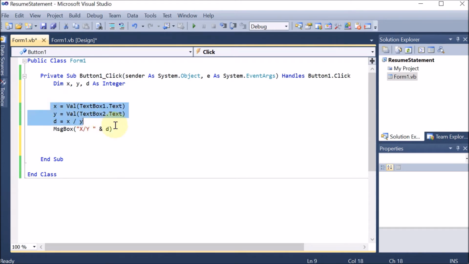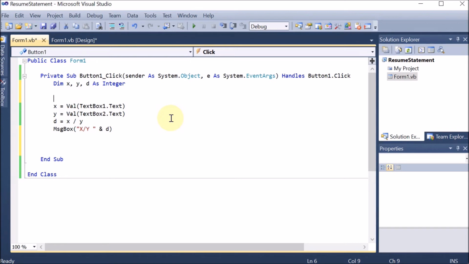So now for checking, there is one statement which is called the goto. Here we are using the unstructured exception handling. There are two types of exception handling. One is the structured and the second one is the unstructured. Whenever we are using a try-catch block, which is part of .NET, that is called structured exception handling. If I am using any other method, like the goto method right now, that is called unstructured exception handling. So here I am using unstructured exception handling.